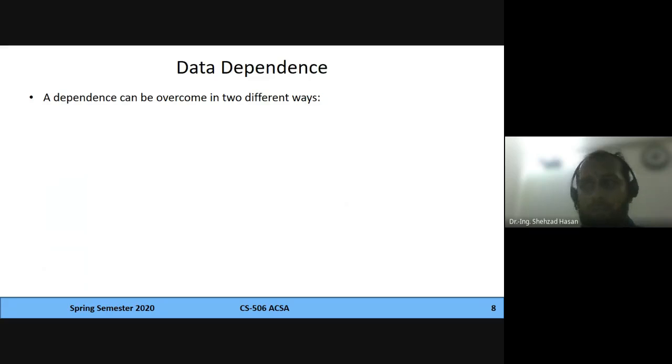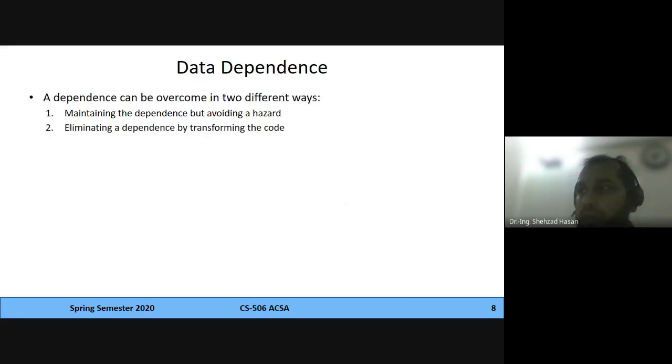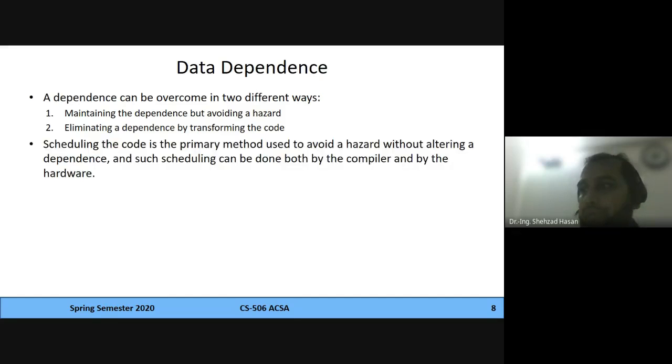Yeah. So I was saying that the dependence can be overcome in two different ways. Either you maintain the dependence by avoiding a hazard, or you eliminate the dependence by transforming the code. The second point, eliminating the dependence by transforming the code, is a difficult thing to do because you might not get a different way to write the same thing. So the prime way is the first one, where we let the dependencies be there in the program,